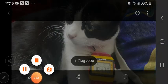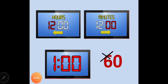We'll come back. So, as you can see, the digital clock has only numbers. The first number tells me about the hour. Like in my case, this is 12. 12 tells me the hour, like the small hand is standing on 12. And the minutes hand tells me